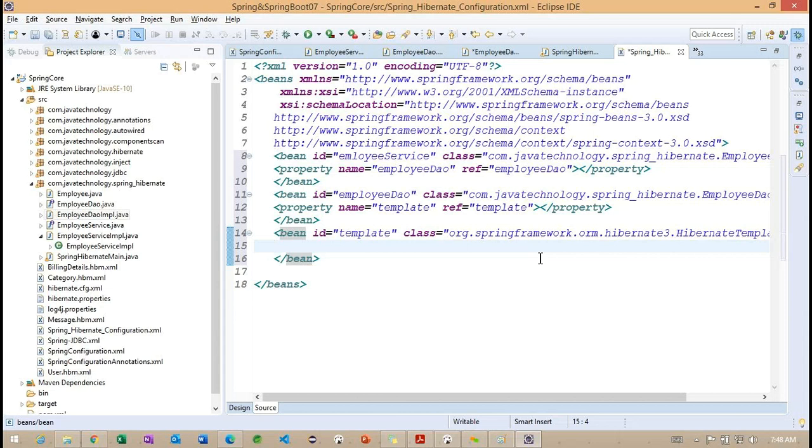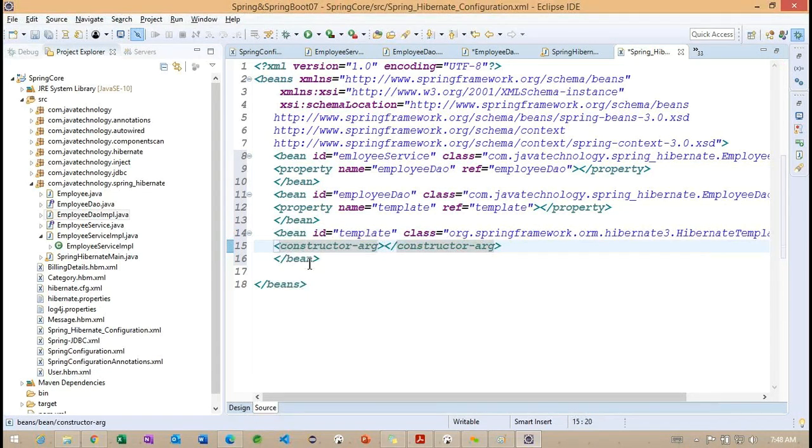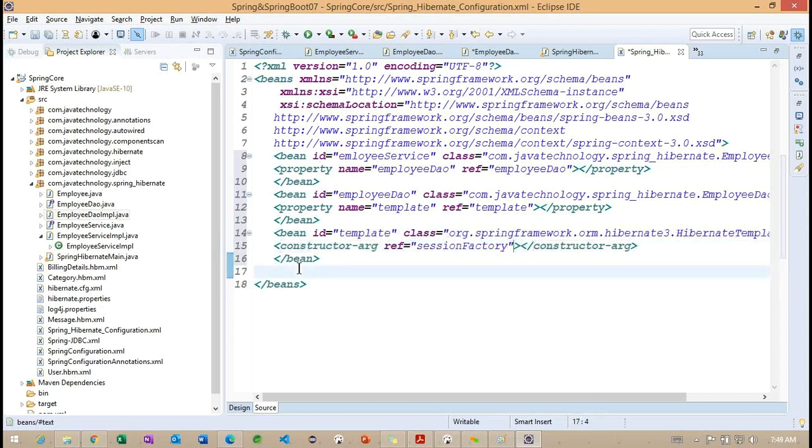Here I want to create this particular package. Getting the point. But internally we identified that Hibernate template has constructor injection, so that we can work on the constructor injection. Here we need to provide the session factory. Right, the reference I'm providing is session factory. So now what we need to do? Basically we need to focus on the session factory object here. Let me create bean ID, sorry, for this session factory.